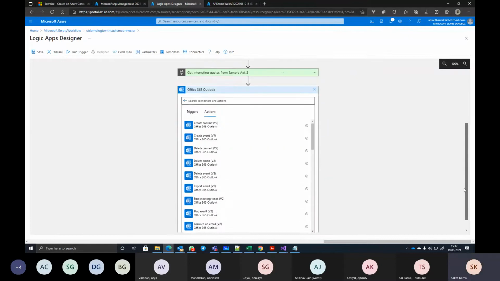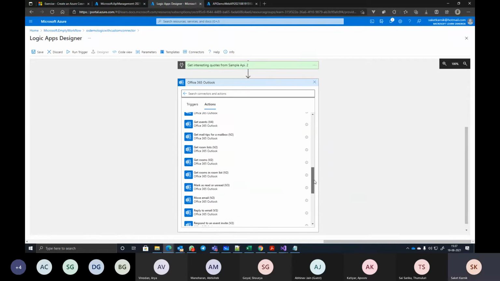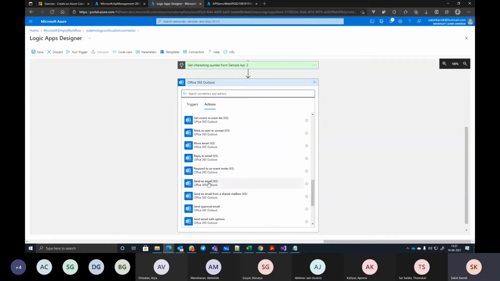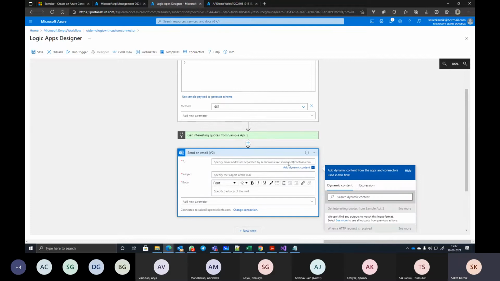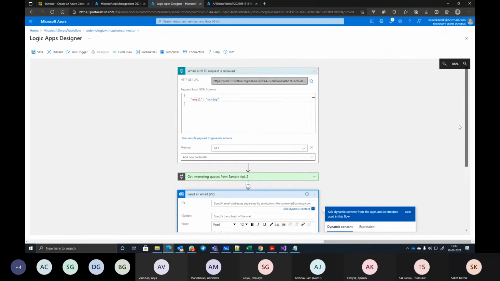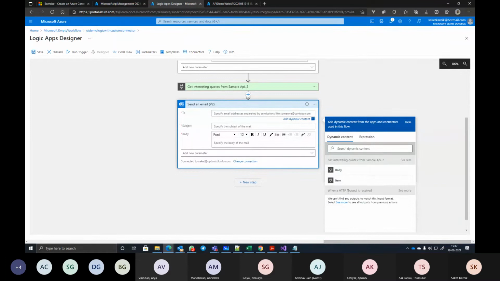Okay, and then back over here where I say send email is the action. To whom it needs to be sent. I can say see more. In fact, it should be from HTTP request body.